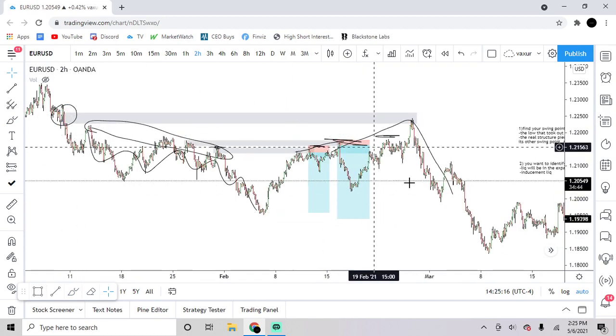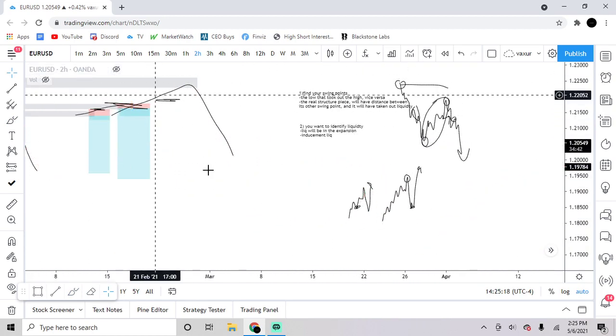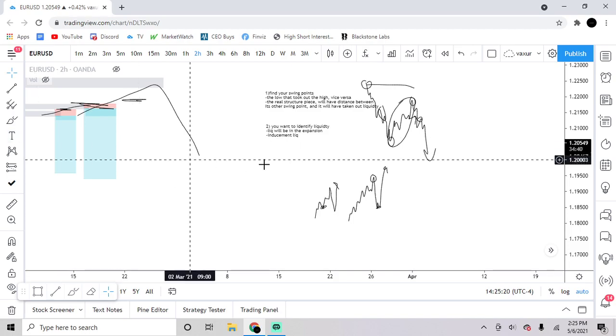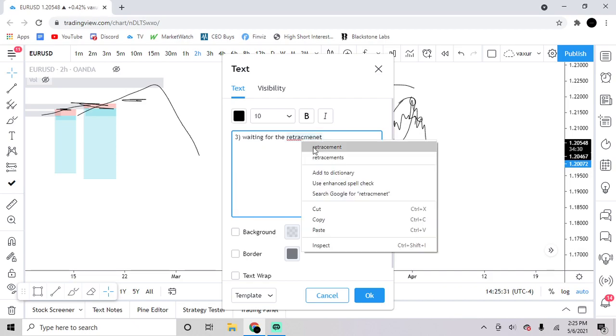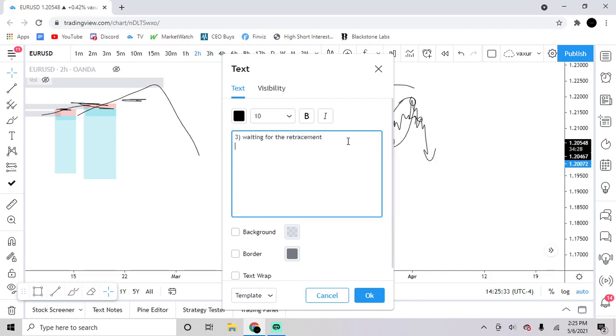So you have your expansion. Now what you're doing is waiting for the retracement because you want to trade with trend, right? So now you're waiting for the retracement. And then you want to